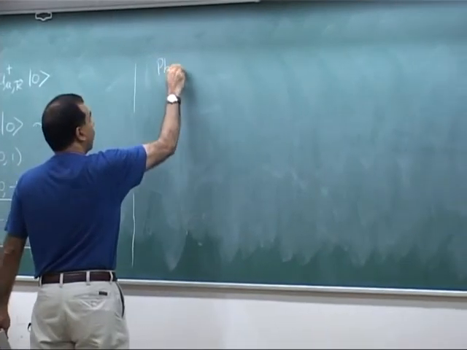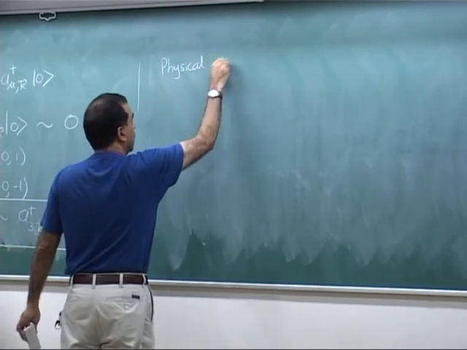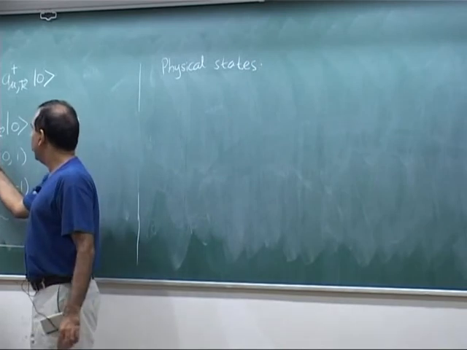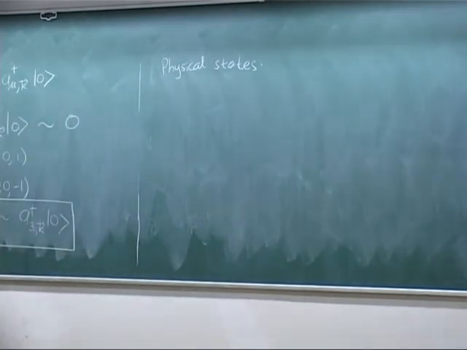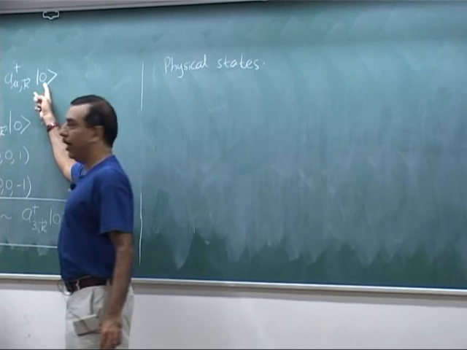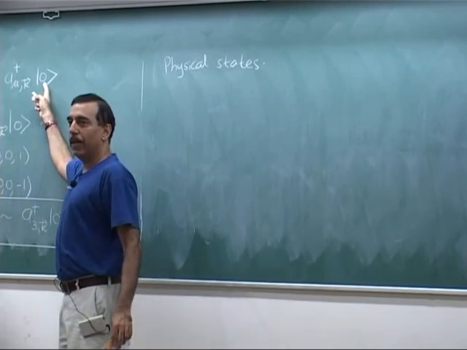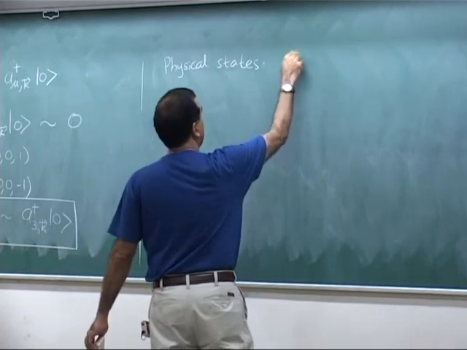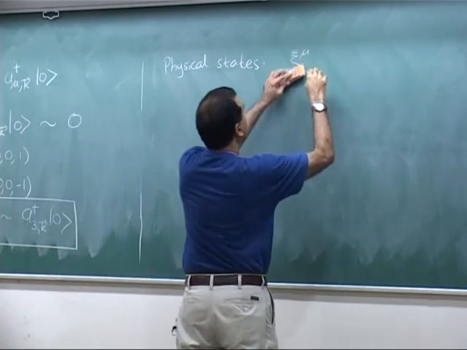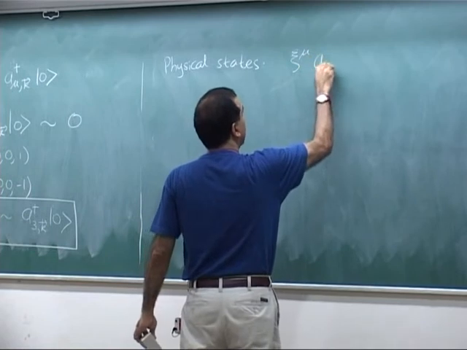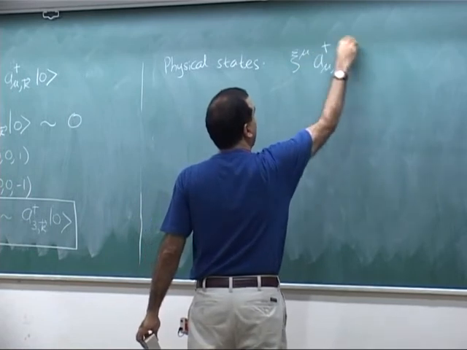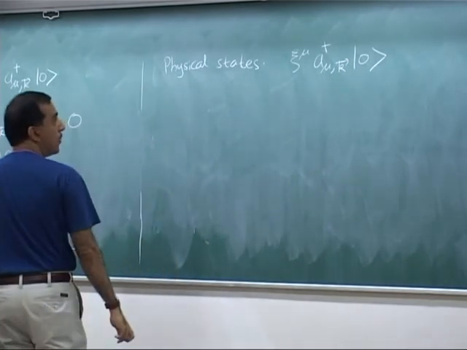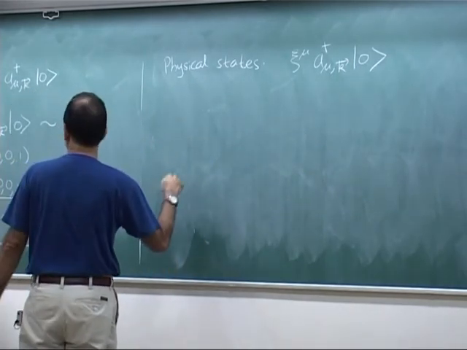Physical states. So we have to take linear combinations of the general state A mu k dagger on 0, and then from that we have to remove whatever is projected out. So first take an arbitrary linear combination psi mu A mu k dagger on 0, and now let's notice that